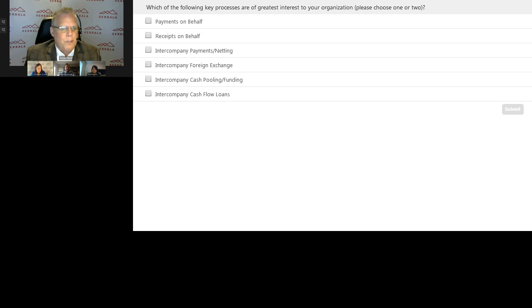Okay. So these are obviously all fundamental solutions and processes that fall under the umbrella of in-house banking. Often they're done without the concept of in-house banking, and people often question, where's the line at which you become an in-house bank from an independent standalone process? Many companies do payments on behalf, but don't have an in-house banking concept. And I think it's really about when you get to that critical mass, then you have a variety of these processes concentrated and centralized on a few entities within the organization serving as the financial hub. And at that point, when you start managing these with an intercompany loan balancing model, that's really when you would say you're transitioning over to what would be considered an in-house bank solution.